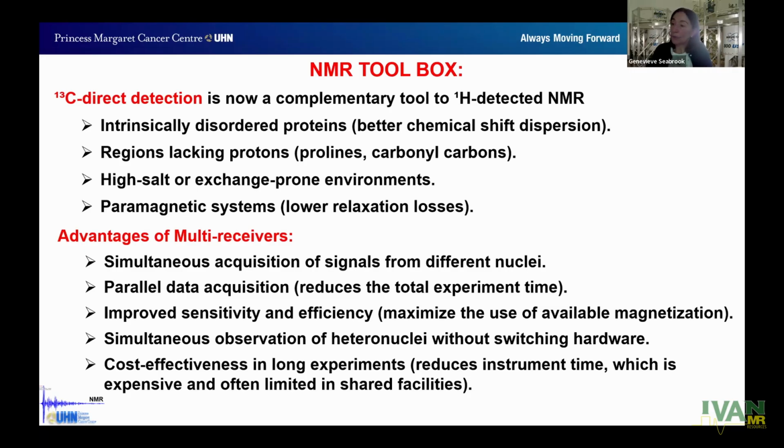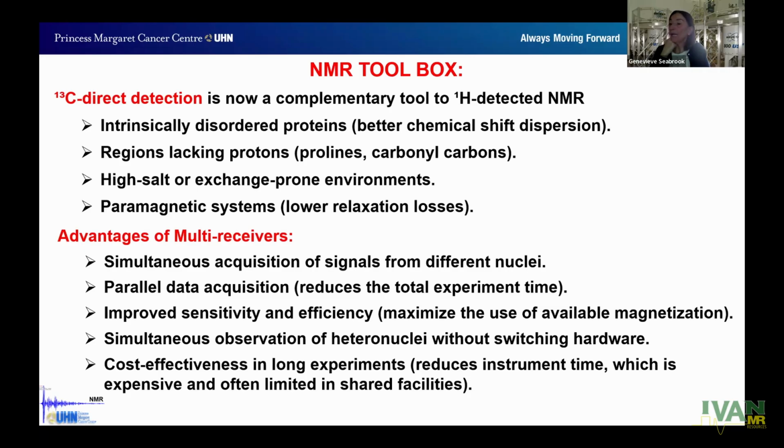Also, you can simultaneously observe heteronuclear without switching the hardware. Well, this is true for the type of console that I have in my lab. But one time I was presenting a similar work and someone asked, oh, do you have to have a special console for that? You probably could do it, but you would need to switch the hardware in that case, if